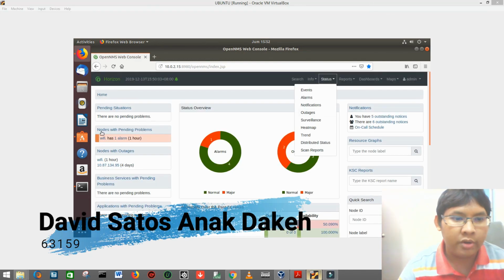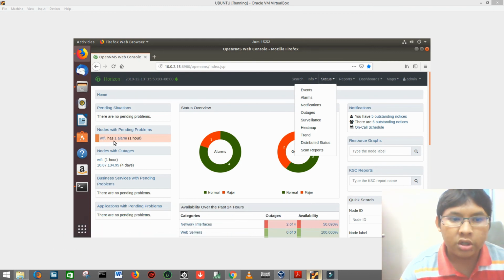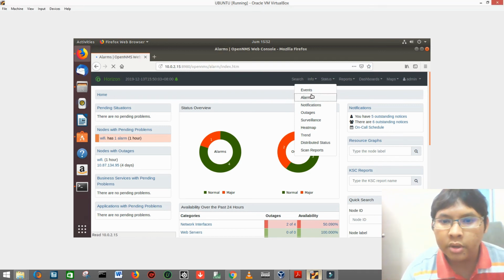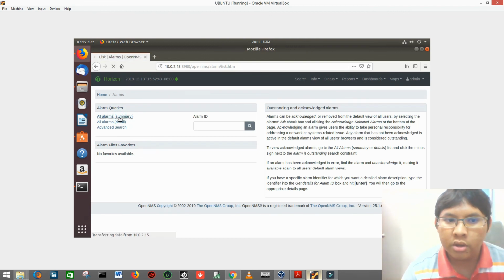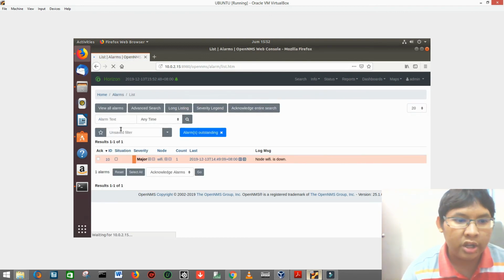Here are the nodes with pending problems. So the Wi-Fi refers to the computer network. The Wi-Fi has a problem, so it issues an alarm. So to view the alarms, we click on the status alarm, then we click all alarms summary, then click on the ID,